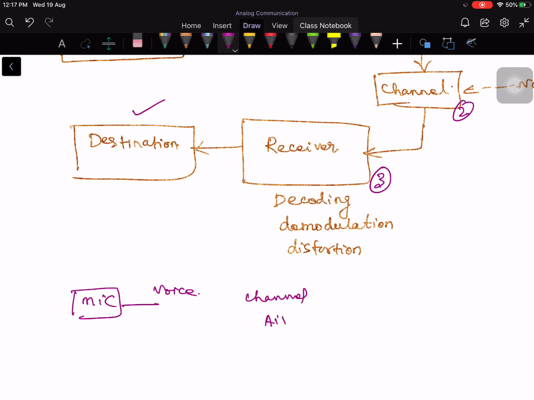When I say channel, air can be a channel, vacuum can be a channel, copper wire can be a channel. So there are many things. You need to match the characteristics of the voice signal to the characteristics of the channel. This matching can be done at the transmitter so that efficient transmission is possible. Now the information is ready for putting into the channel, and the physical medium through which we transmit this information we will call the channel. The channel is an abstraction here.